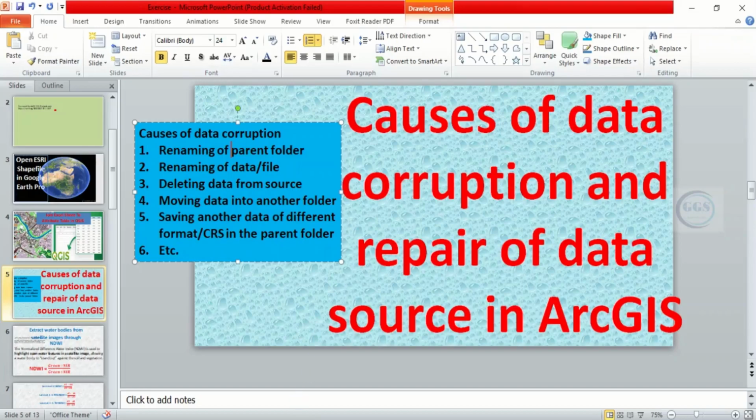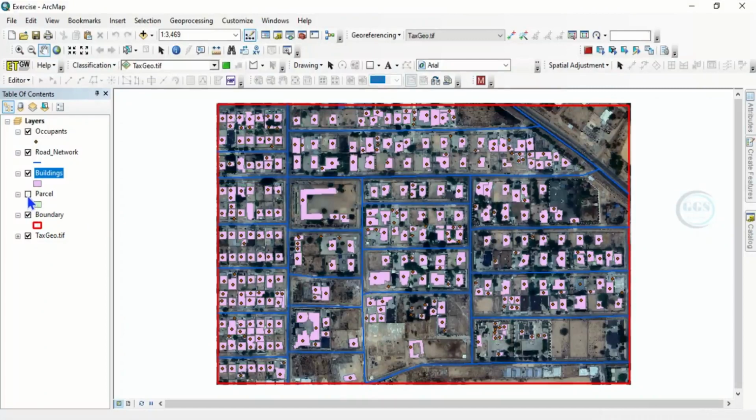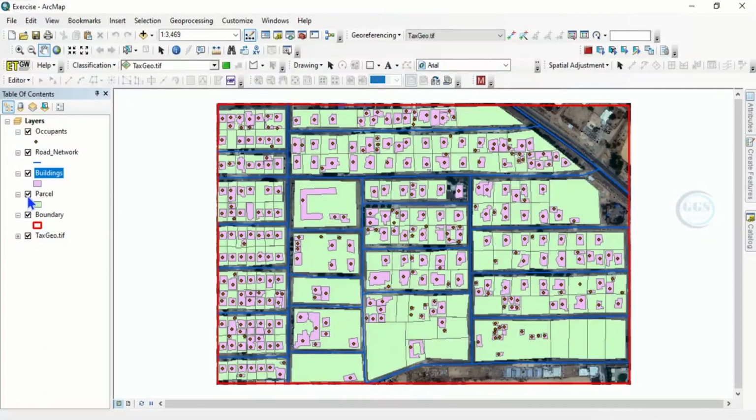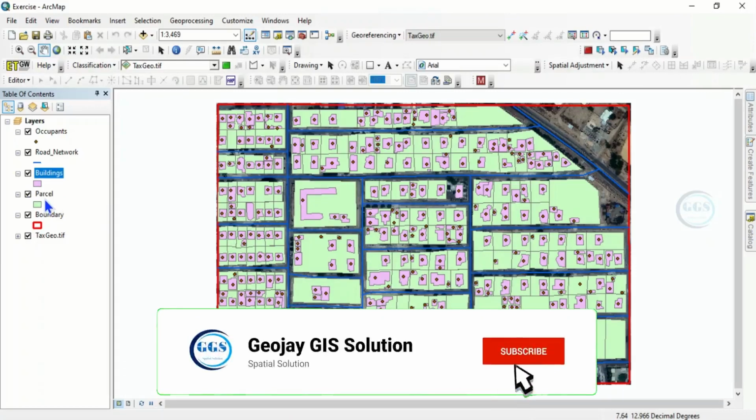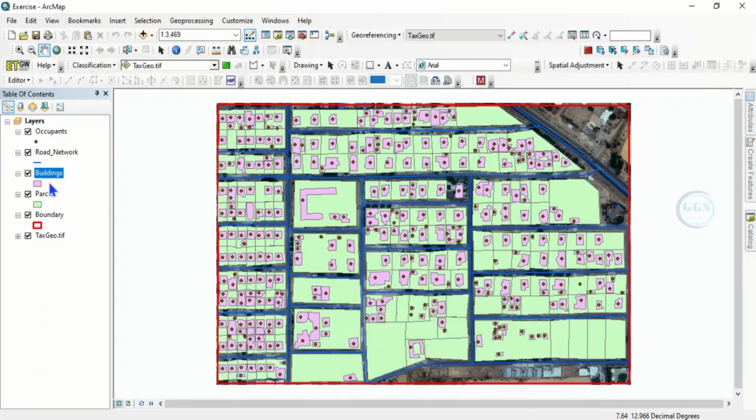But whichever is the cause of the data corruption, the way to do it is to click on that layer. It will prompt you to the folder where the data is. You click on the data and you add, it will be repaired. So re-adding the corrupted layer is what repairs the corrupted layer.